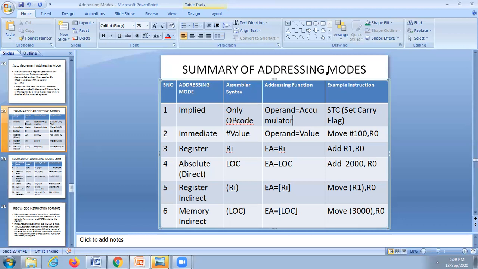Then register addressing mode. After that, first implied, then register, then immediate, then absolute, then register indirect, and memory indirect. First one implied, the second one is register, the third one is immediate, the fourth one is absolute, the fifth one is register indirect.